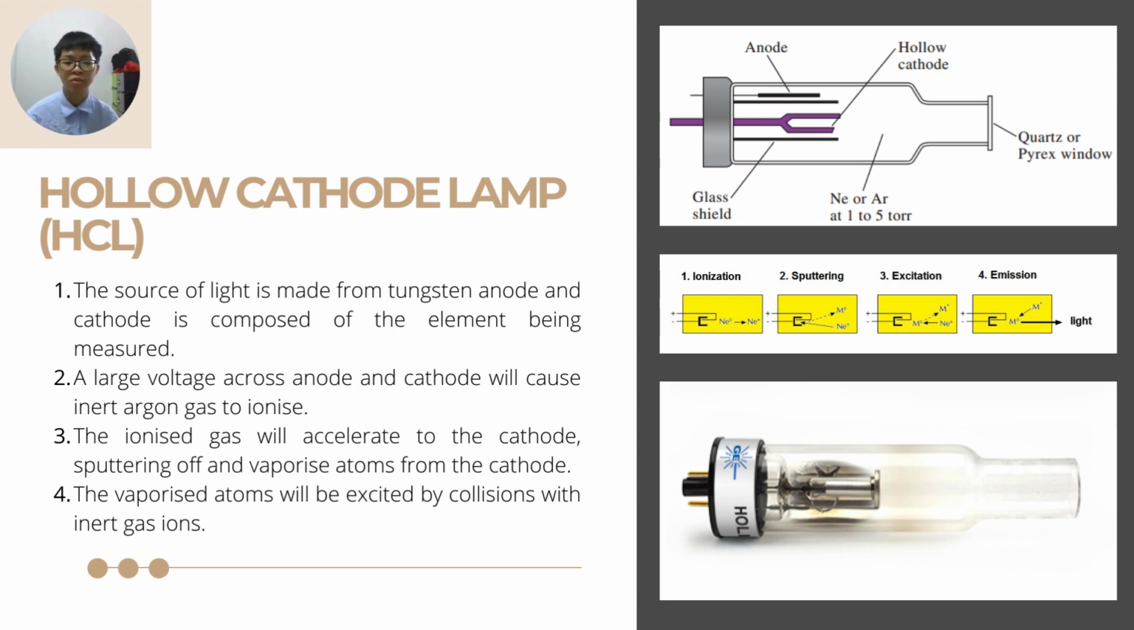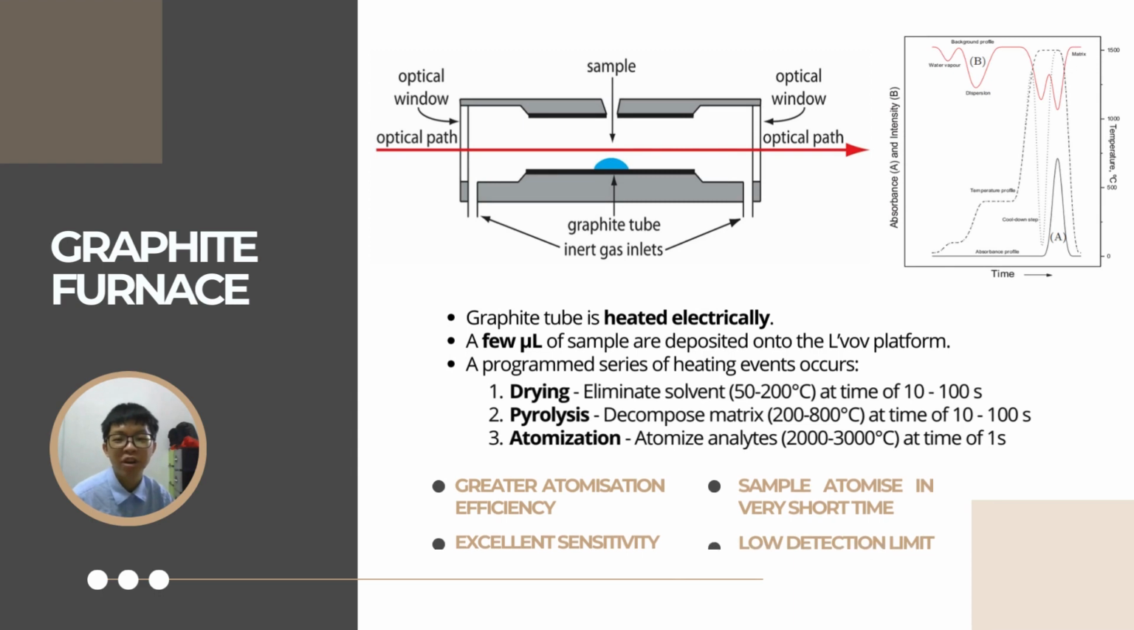The vaporized atoms will be excited by collisions with inner gas ions and finally emit light. Next, the graphite furnace, also known as the electrothermal atomizer, is the place where atomization occurs. First, a few microliters of sample are deposited onto the leaf platform to enhance the atomization efficiency. Then, a programmed series of heating events, which are drying, pyrolysis, and atomization, are carried out at specific time frames